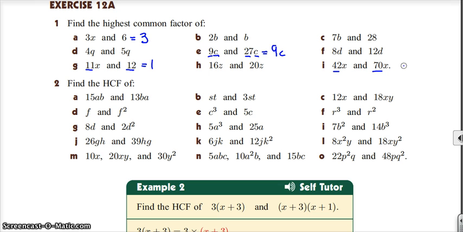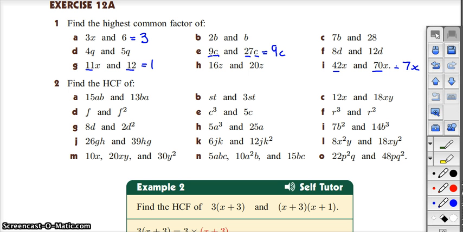Common factor there would be 7x. Might be higher. 42. Might be that. Yeah, got one question. I got 4. Now, folks,